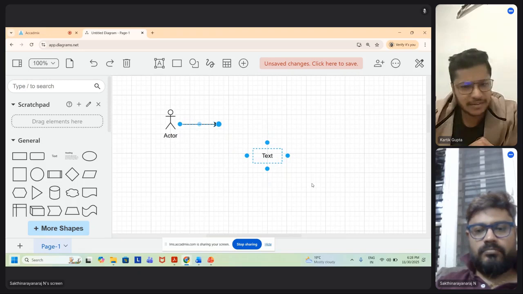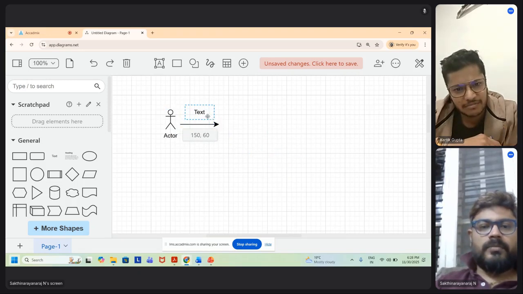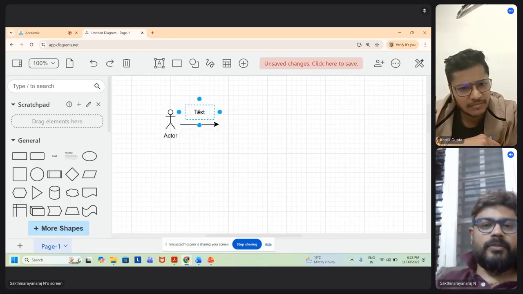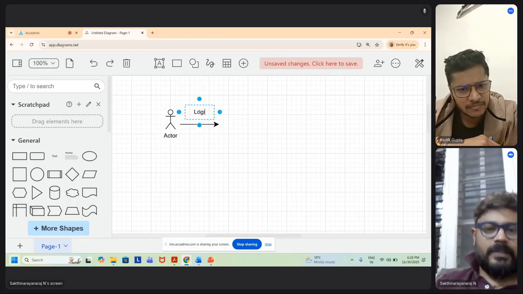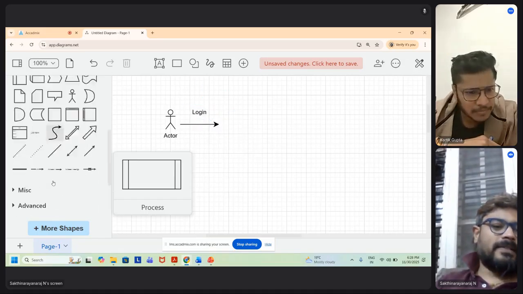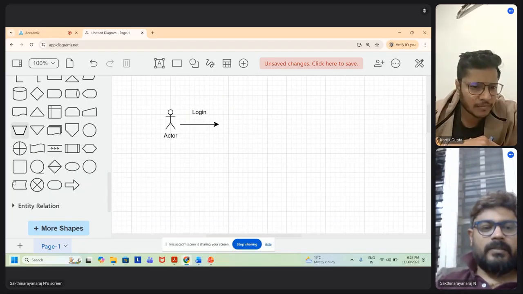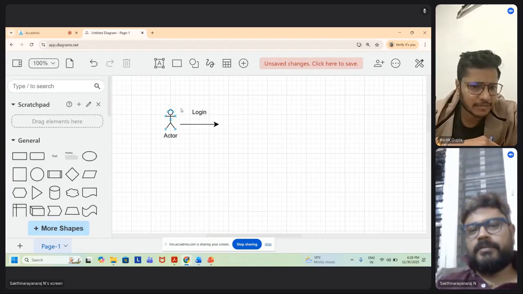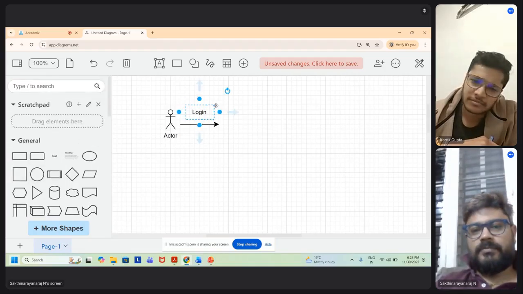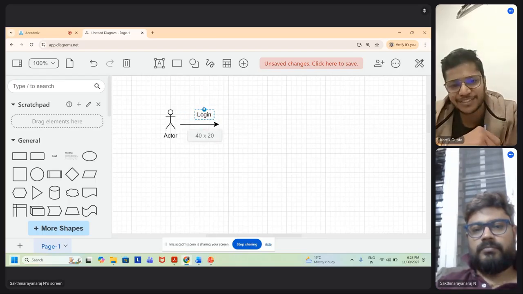I can create this in Word as well. You can create it in Word, but here you will get a lot of elements, shapes, and everything, like entity diagrams. Can we use AI for these creations?